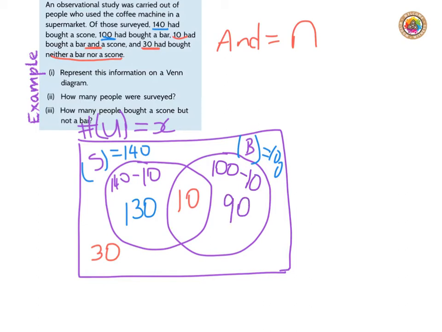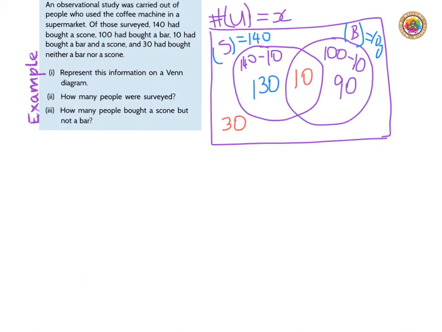And so to solve our problem here of how many people were surveyed, number 1, well, how many people surveyed, that's our universal set. So we've called that X. We also know that all of this, everything in here and in here, all of this makes up the universal set. And so in this case, we're going to say, well, X, what we've called our universal set up here at the beginning, the cardinal number, the number of elements in the universe, X, we're going to let that equal